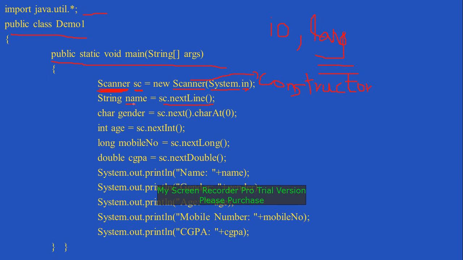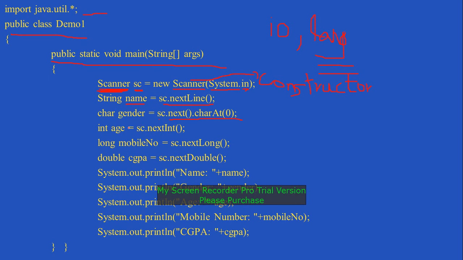String name equal to sc.nextLine(), which means that it will get a string as input in name. And if you want to get the input as a single character, then we can use the method called next().charAt(0). So char gender equal to sc.next().charAt(0), which means that it will get a single character